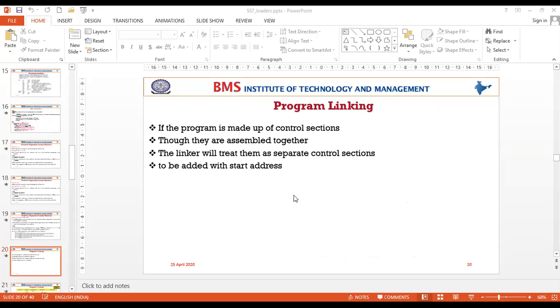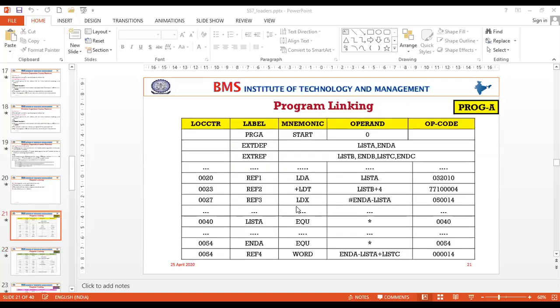Then we went on to learn program linking, wherein we resolve the external references and the definitions between the control sections. Control sections are the parts of the program; the same program might be written in multiple source files, or you can think of different source files combined together that use common variables. A variable defined in this section but used in another section is called an external reference by the other program. We have seen an example which contains 3 programs or 3 control sections, programs A, B as well as C,